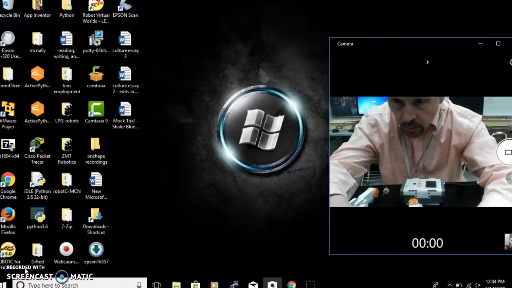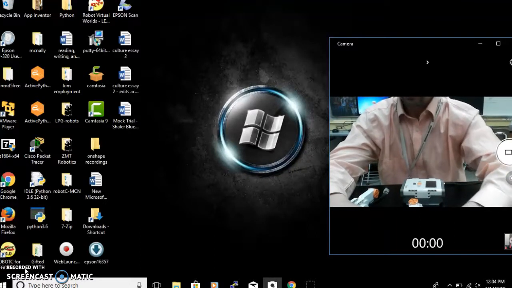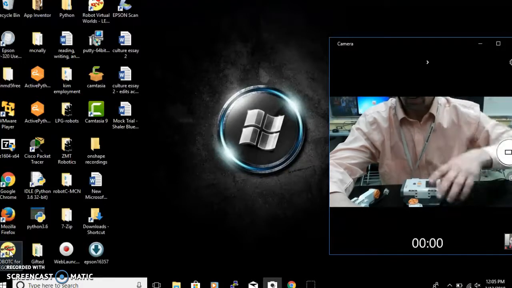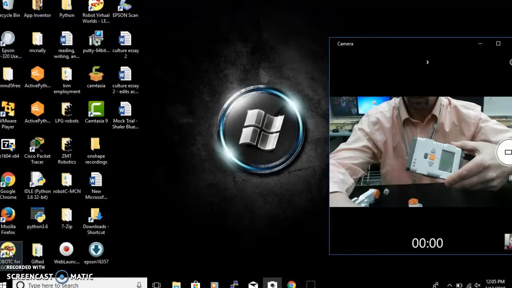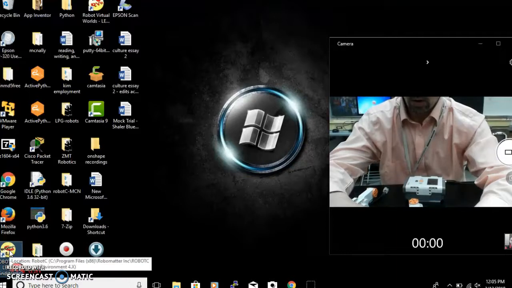Okay, so this is a brief tutorial on how to start a simple program in RobotC. First, you're going to want to click on RobotC for LEGO Mindstorms. Remember, you don't want the one that says graphical. RobotC for LEGO Mindstorms. Also today, we are connecting to an actual robot, so we don't want virtual worlds, we want the real one. So double click and open